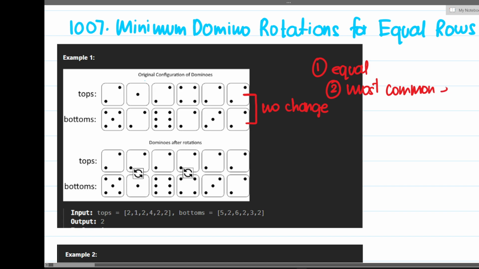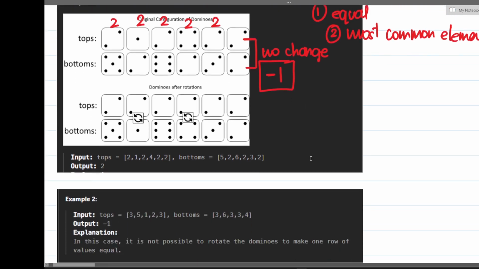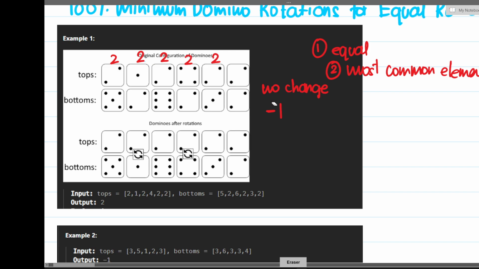What do I mean by the most common element? I simply mean the one which is uniform, which is common throughout all the rows. So 2 2 2 2 2, and I have 2 over here as well. That was a good thing. If this wasn't 2, then I would have had to return -1. You see my point? So again, totally intuitively, if we follow our gut feeling on this particular test case,